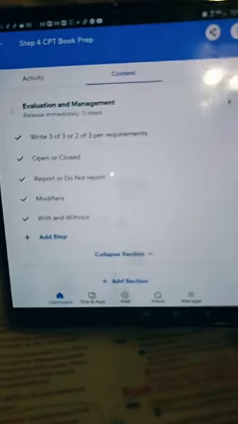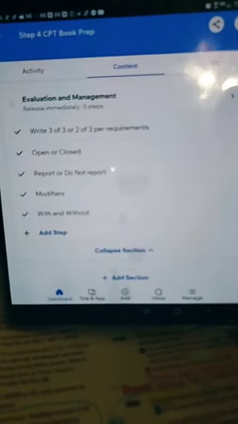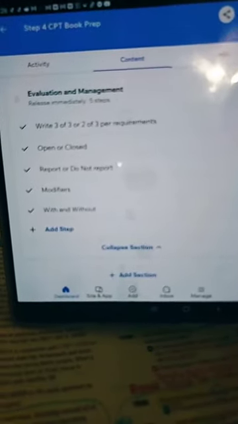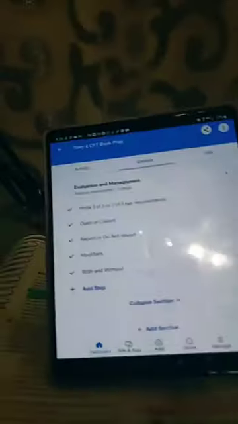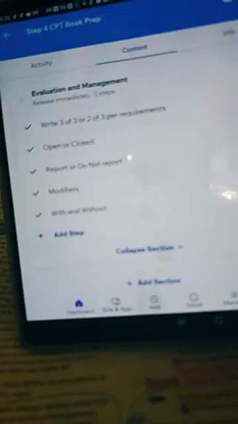Once you get all that done, you're going to work on all that stuff I talked about. The opened and closed. Yep, you're going to do your E&M requirements, your do not report, your common modifiers. Sorry, it's not, and your with and withouts. I'm going to have some screenshots and stuff in there that goes with that. But